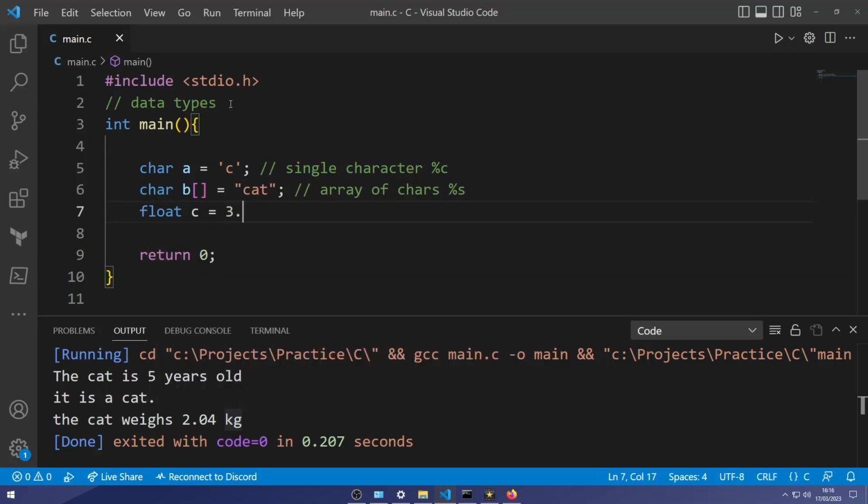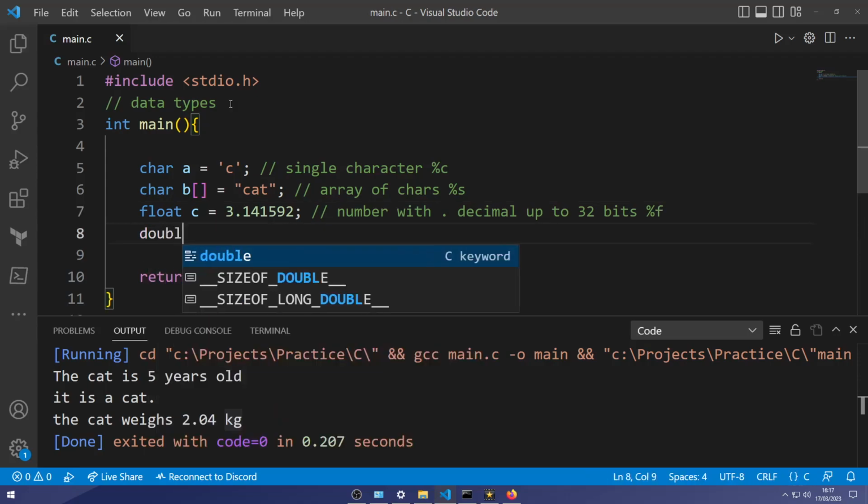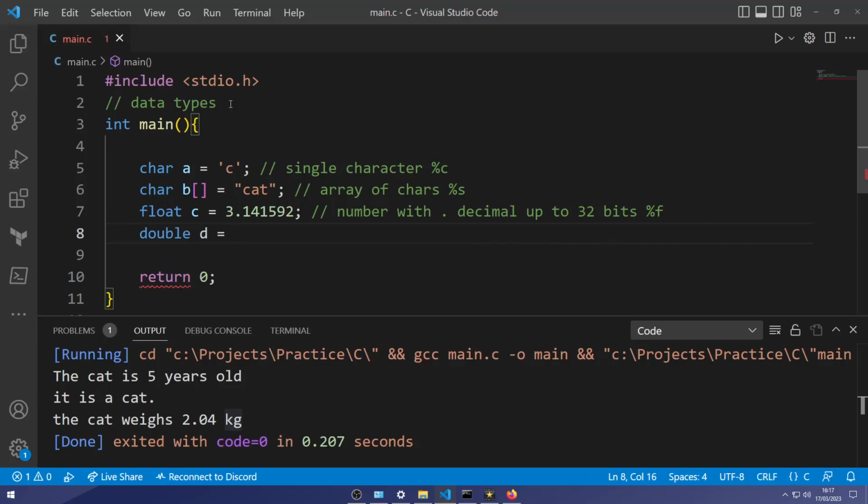Float is a partial number, or some kind of decimal point. The way to call a float is %f. A double is the same thing as a float, but you can have a lot bigger of a number. You could be a lot more specific with what number you're creating. You see, a float goes up to 32 bits, and after that, it might display more numbers, but it's not going to display them accurately. Whereas a double goes all the way up to 64 bits. And in order to call a double, it's a %lf.